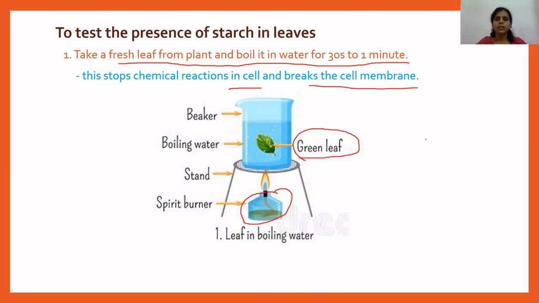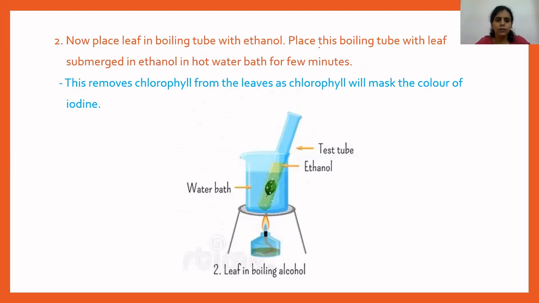So the first step is to take a fresh leaf from the plant and boil this leaf in water for 30 seconds to 1 minute. The reason for boiling the leaf in water is to stop any chemical reaction going on inside the leaf cells and to break the cell membrane, so that the iodine solution can easily enter inside the cell and reach the starch grains present inside the chloroplast of a cell. The second step is, after you boil the leaf in water, you have to take a